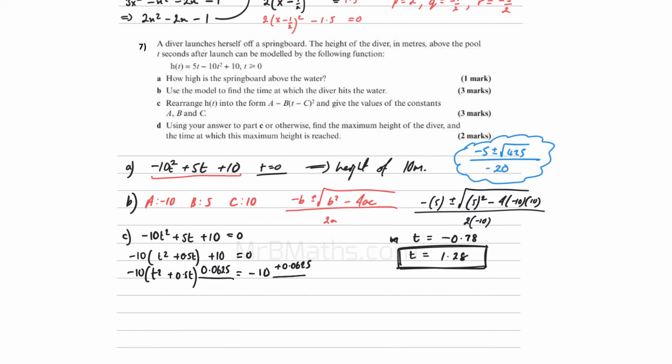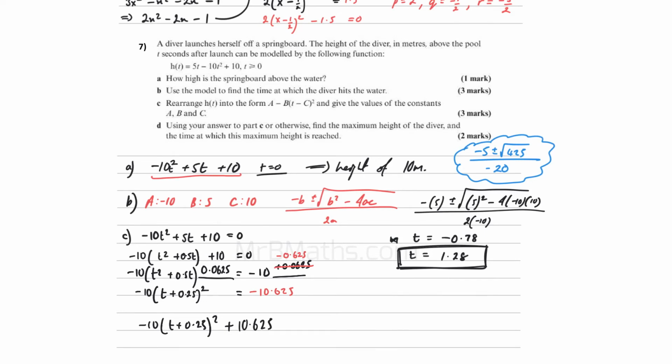Okay, on the left hand side I can do negative 10 open bracket t plus 0.25 squared equals, now not forgetting to times by negative 10, so I will have this as negative 0.625, so therefore this will be minus 10.625,